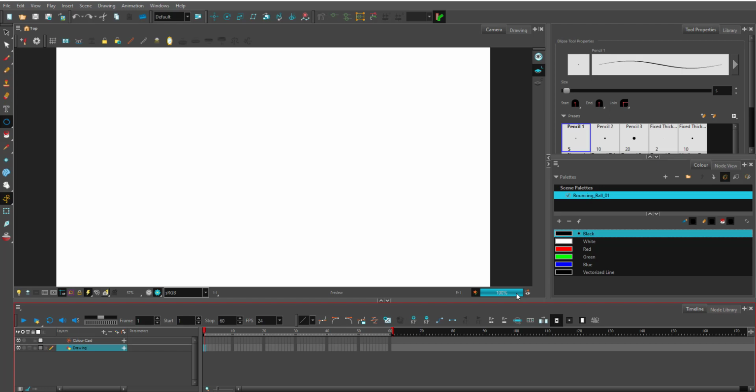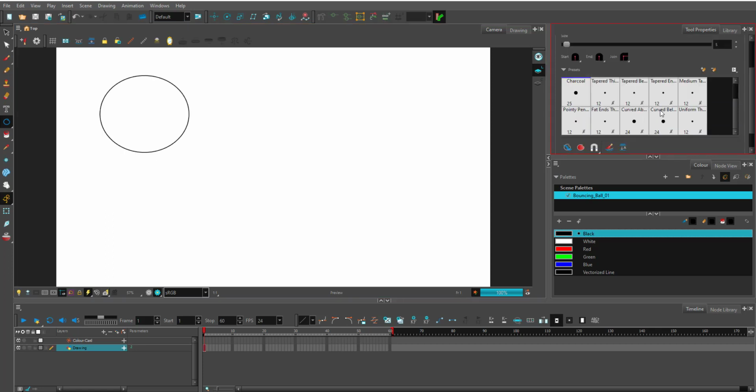At this point, we're gonna go ahead and start creating our first animation. I'll grab my shape and I'll create a circle. If I wish to change any of my properties from my circle, I can do it here. For now, this works. Down here is my timeline, and all my drawings will go on my drawing layer by